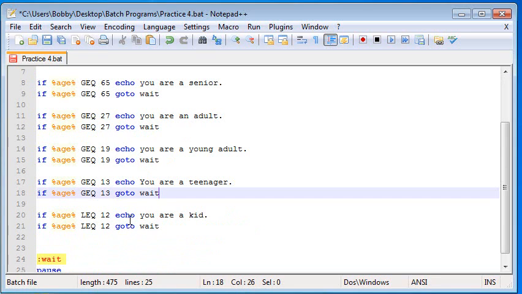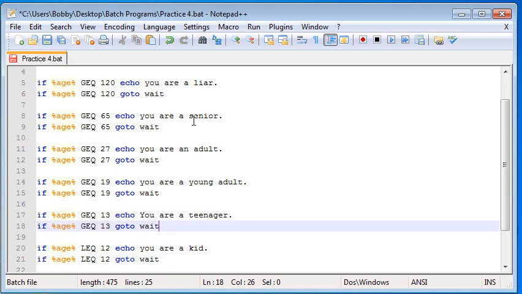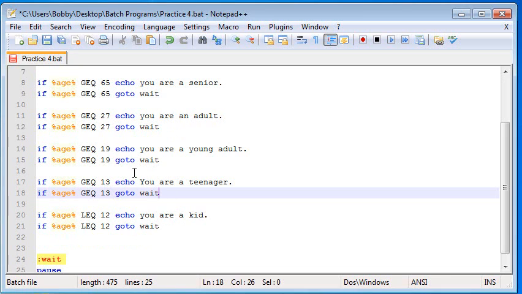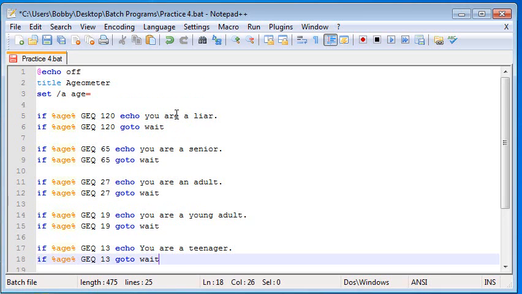And also, if it detects you are greater than or equal to 13, and this is at the top, then it'll say you're a teenager. But then it figures out you're 20, so it'll also say you're a young adult. So it'll say both you're a teenager and you're a young adult. But this way,